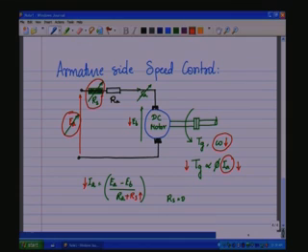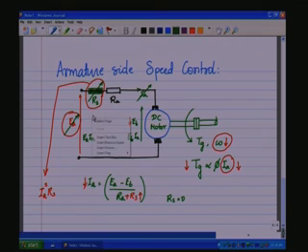Now, between the two methods, if we introduce a series resistance, the whole armature current IA is going to flow through the series resistance, and there is going to be an IA square RS drop. So, the power EA into IA is going to be taken from the source, and EB into IA is going to be delivered to the armature, and IA square RS